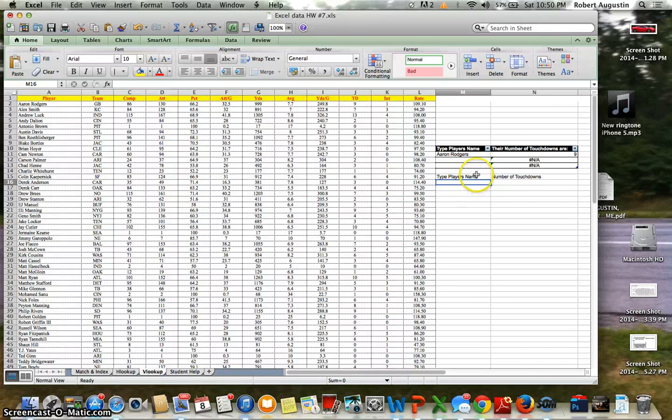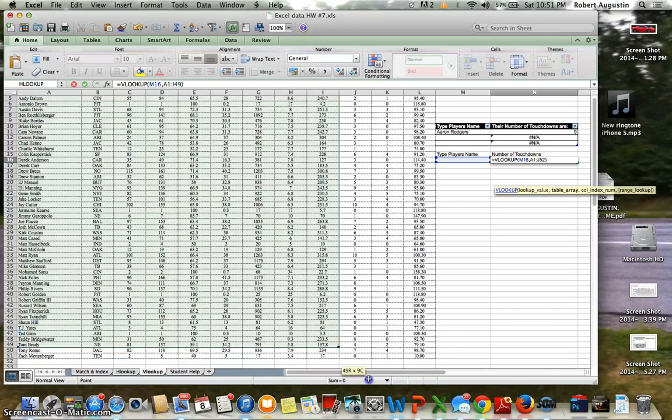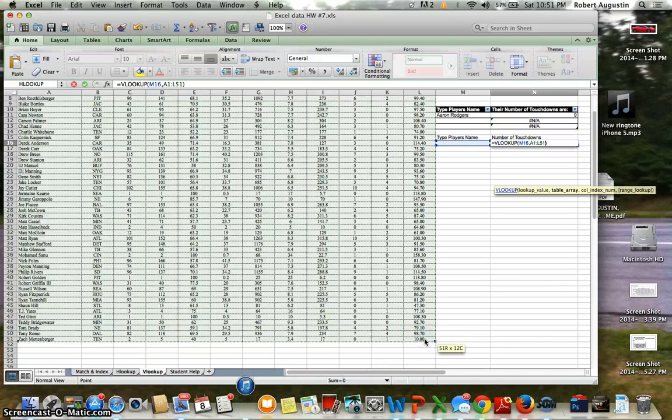Okay, and we would then say equals VLOOKUP, and this comes up, and the lookup value will actually be the player's name that we would type in, comma, the table array would be, we would highlight this whole table here, comma,